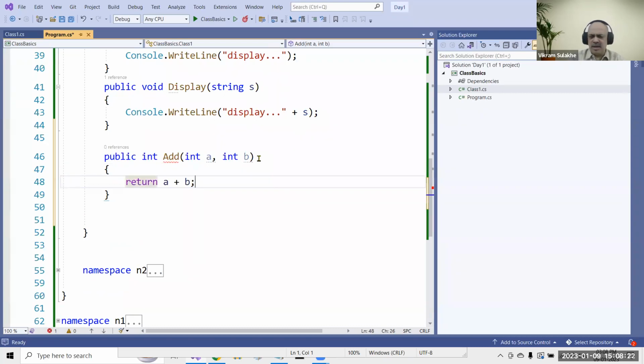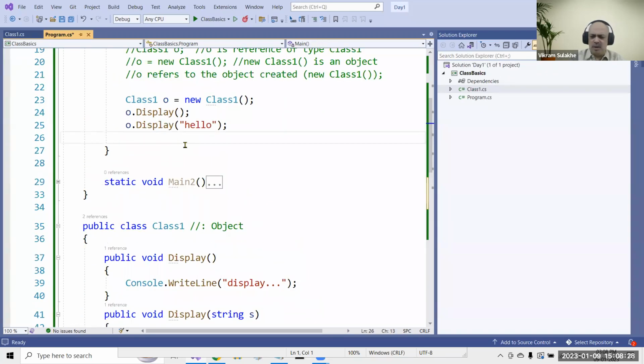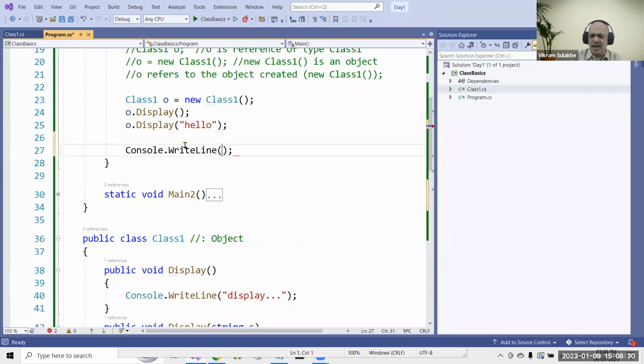Okay, so it generates the code also for me. Now to call the method, of course, I'll need to call it with, let's say, Console.WriteLine obj.add, and then pass